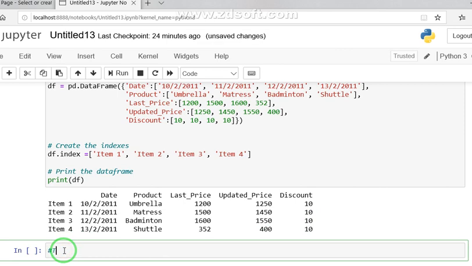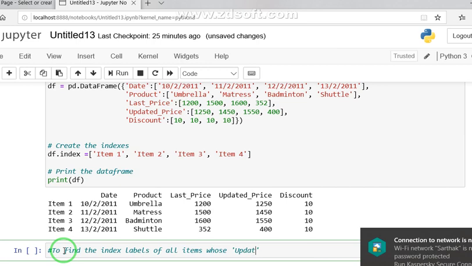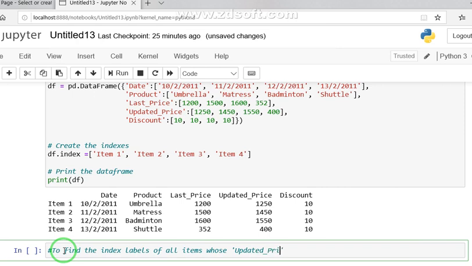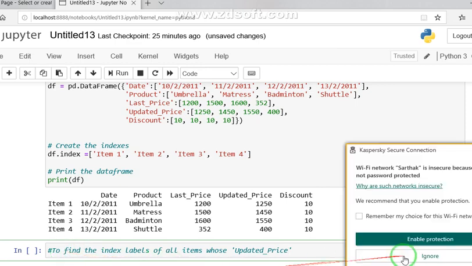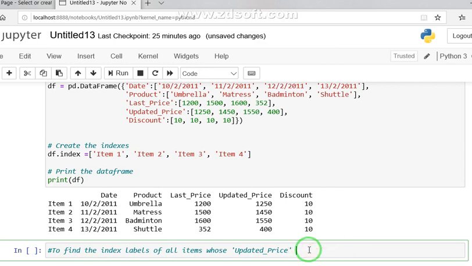So let's say we want to find the index labels of all items whose updated price, we have an attribute named updated price, updated price is greater than 1000.